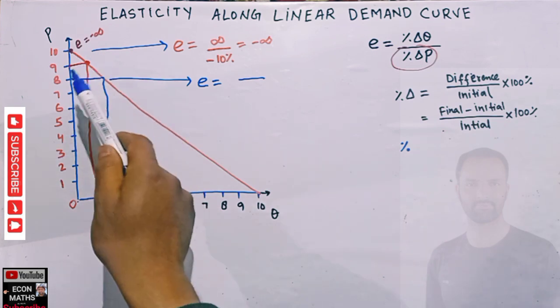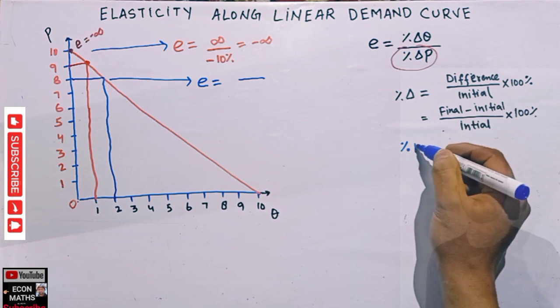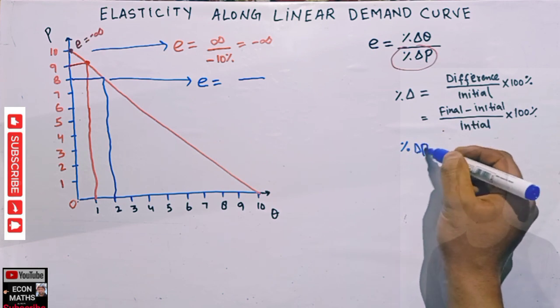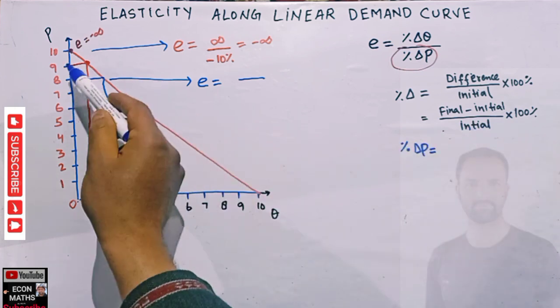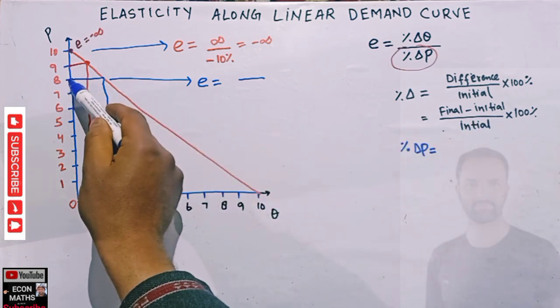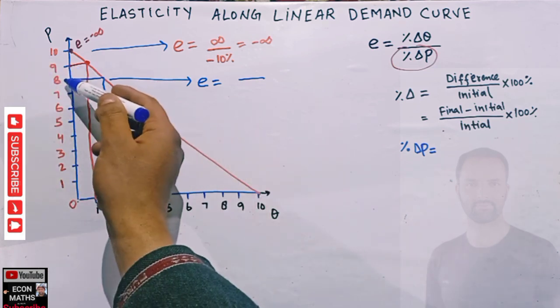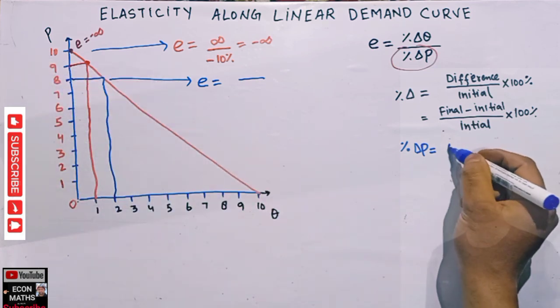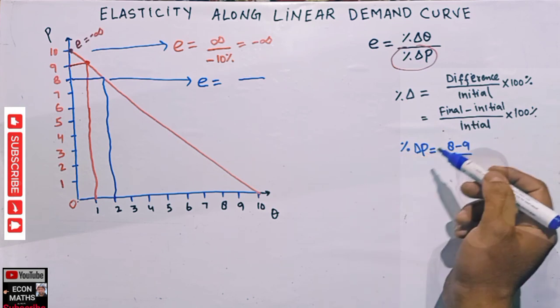Price has changed from 9 to 8. So percentage change in price is equal to final minus initial upon initial. So from 9 we move to 8. This is our final, this is our initial. That means 8 minus 9